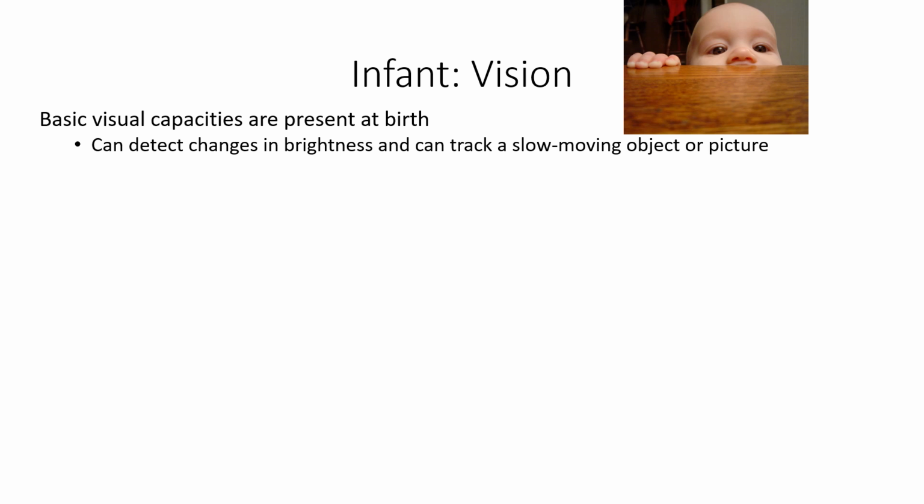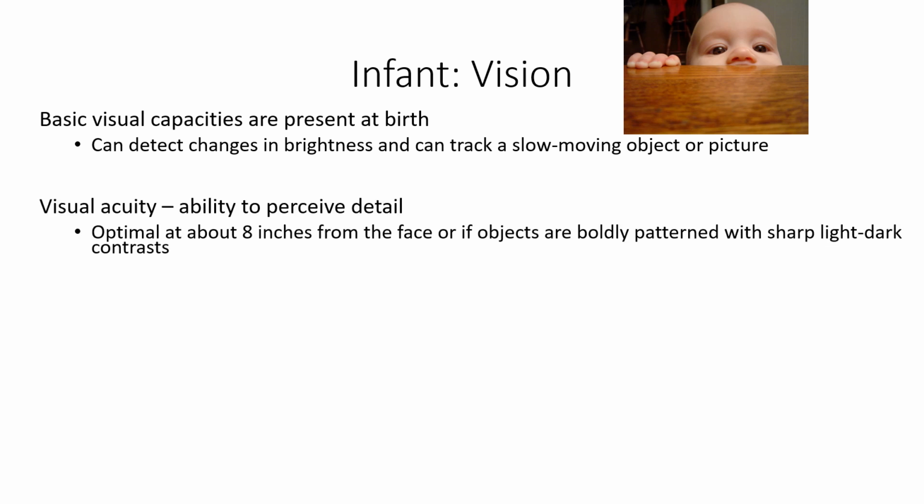Vision is not that good at birth. They can detect changes in brightness and can track slow-moving objects or pictures. But when it comes to their ability, it's pretty low at birth. Visual acuity, which is the ability to perceive detail, is optimal at about 8 inches from the face. So think about that for a second. That's pretty close. To most of you, even 8 inches from your face is going to be a little bit